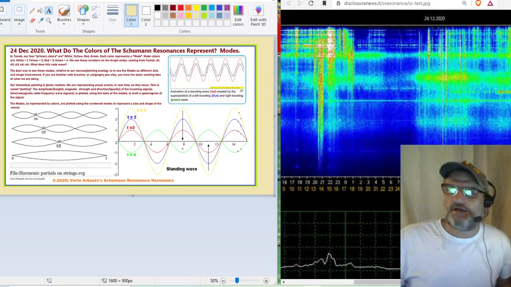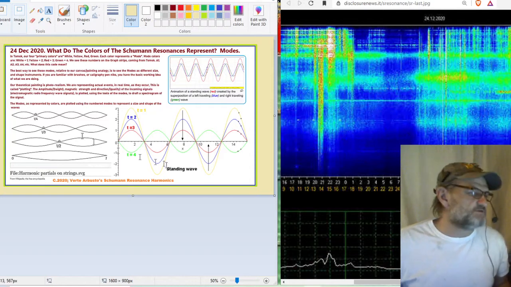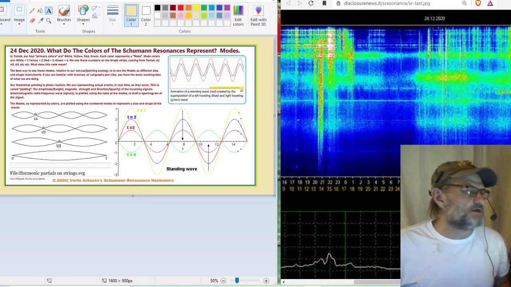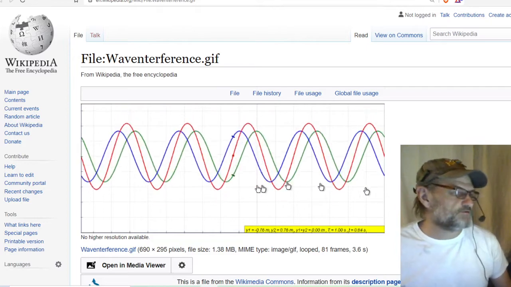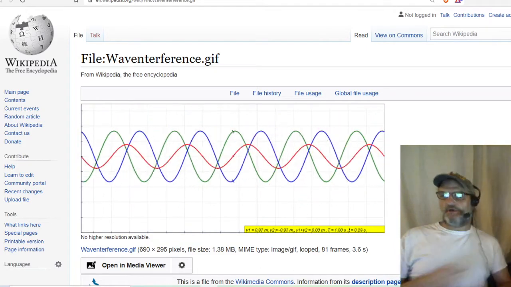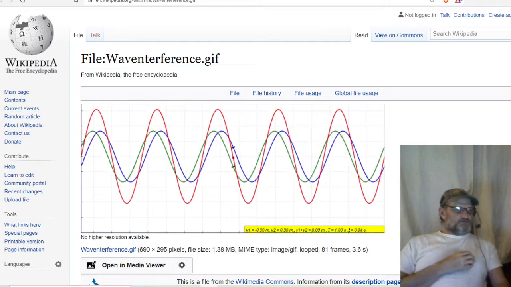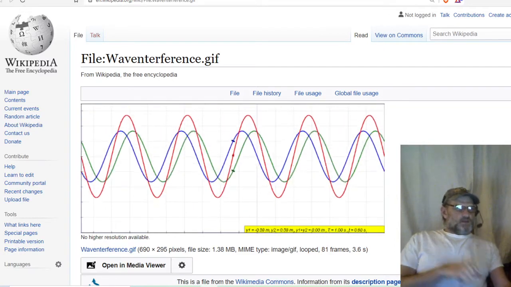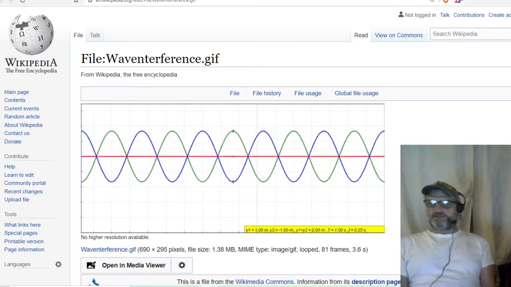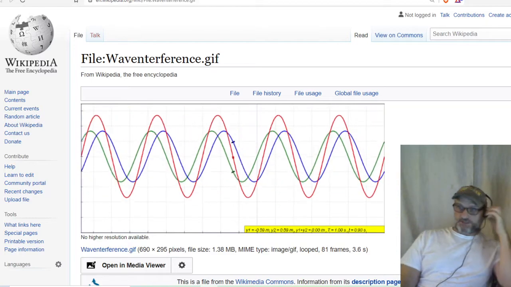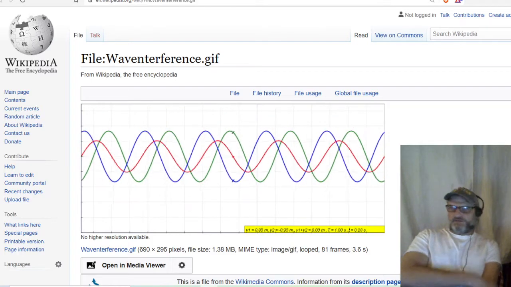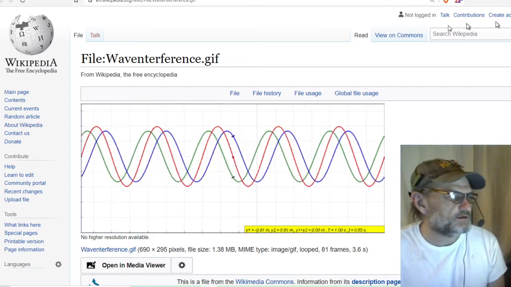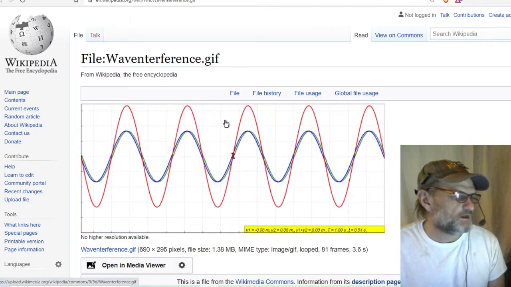That's where we have the wave interference. Let me see if I can pull that up. Hold on, let me pause this. In my notes, that's where this picture takes place. I'll let you check this out for a minute or two. This is what we call the wave interference GIF. This is talking about the modes of interference of the waves. So you're looking at relative to the